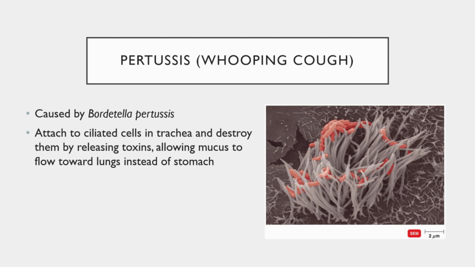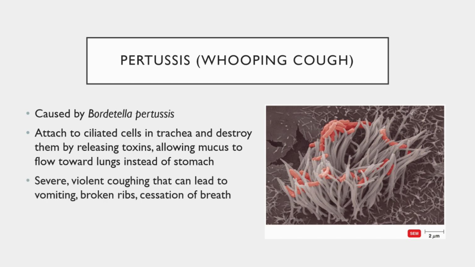And it's the accumulation of mucus in the lungs that leads to the hallmark sign of this disease, which is severe, violent coughing that can be so intense that it leads to vomiting, interruptions in your breathing. And in the case of young children and infants, it's not totally uncommon for the coughing to cause broken ribs. Perhaps unsurprisingly, given that coughing is such a major feature of this infection, it is transmitted through droplet transmission and